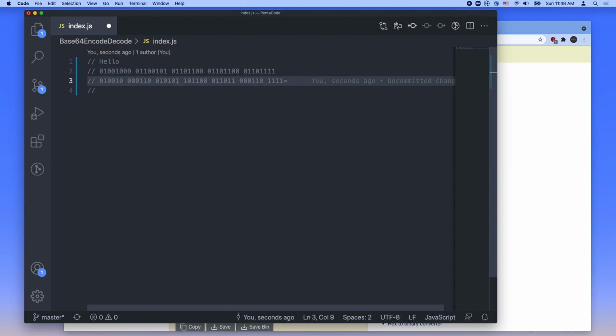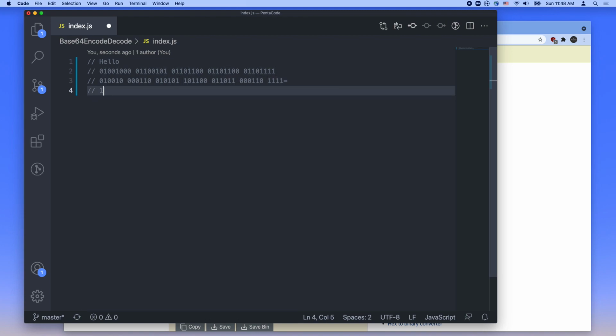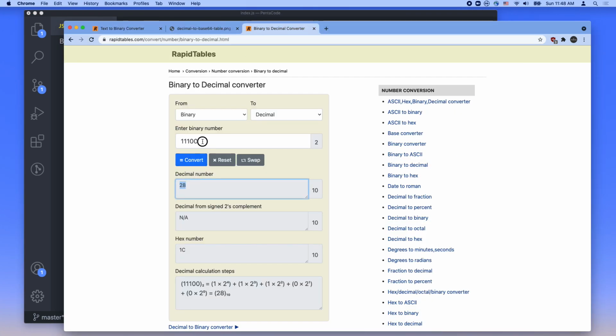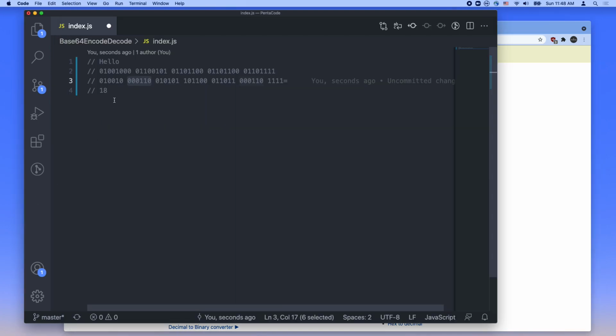So if you add the numbers up where there's a 1 in it, here is 2, and then here is 16. If you add this up, you get the number 18. You do the same for all of these, and if you don't want to do the math, there are certainly websites that help you convert binary to decimal. So you get 6 over here.